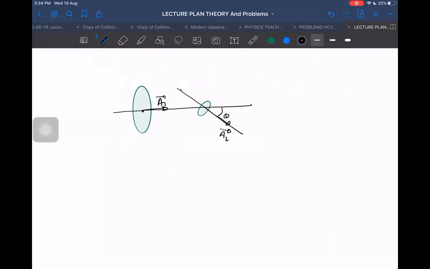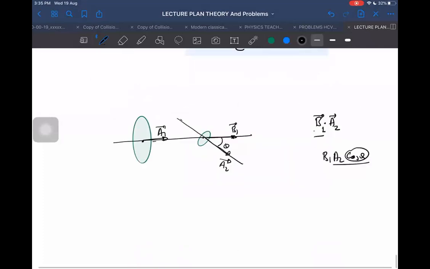Now, somebody may think why this will create a difference in determining the mutual inductance. Still the field is the same. Still I can say field into area. But understand, when we are saying field into area, then we are taking B dot A. So it will be field due to 1 into area of the second. Field due to 1 will be in the direction of A1 vector. This side will be B1. But when we take the dot product, then it will give us B1 into A2 total into cos theta. So this cos theta, we will get the same cos theta which we are getting from A1 dot A2 also. So it will be the same thing only.